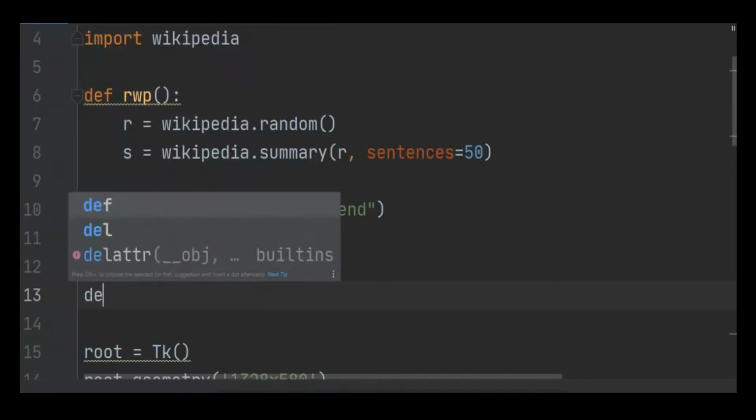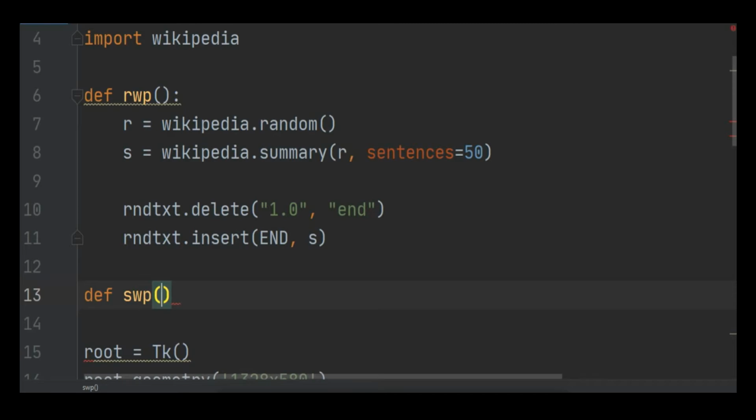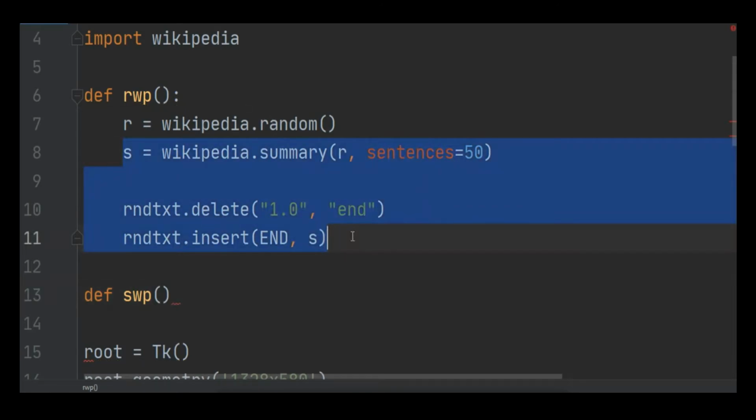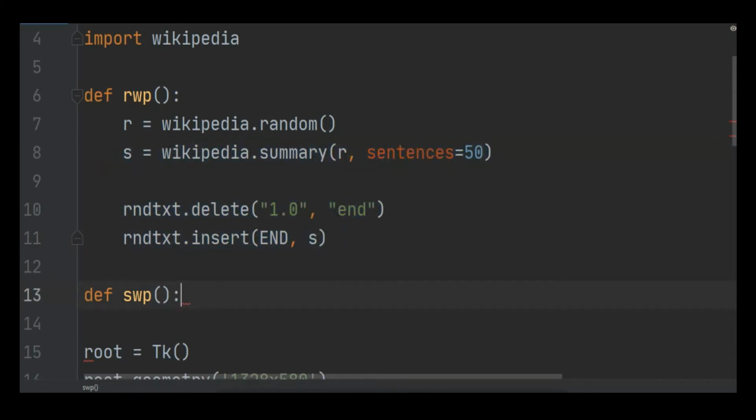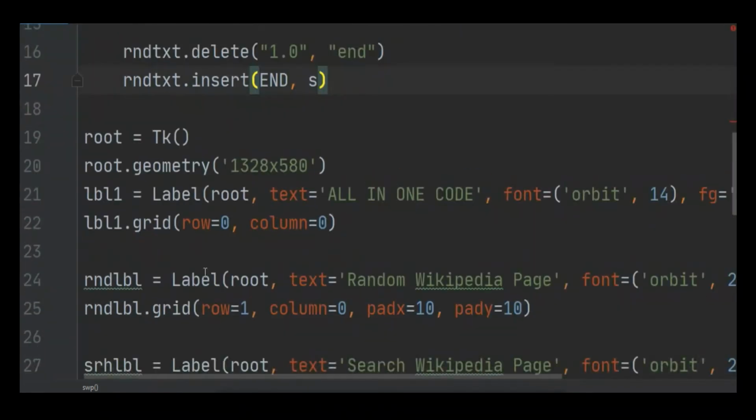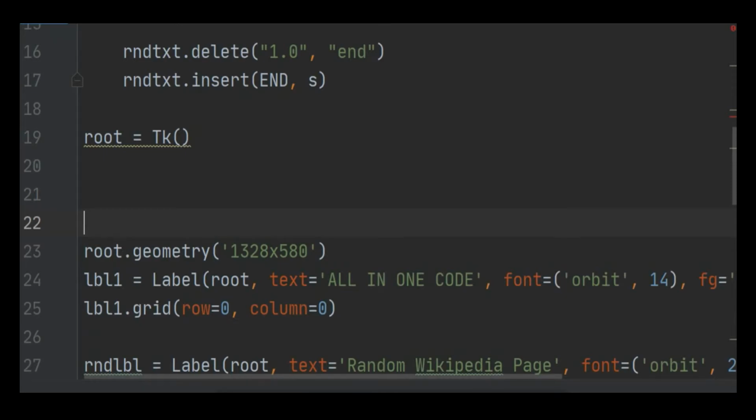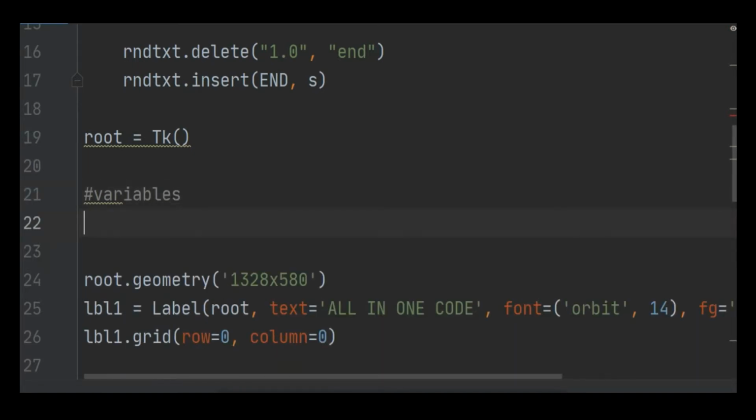Now I have to create the variable in the main body of Tkinter, and in here I'm going to create the comment variables, and let's say the variable is search var equal to a text variable, and our text is a string, so we are going to use the string variable, and we are going to pass the string variable to our search box.